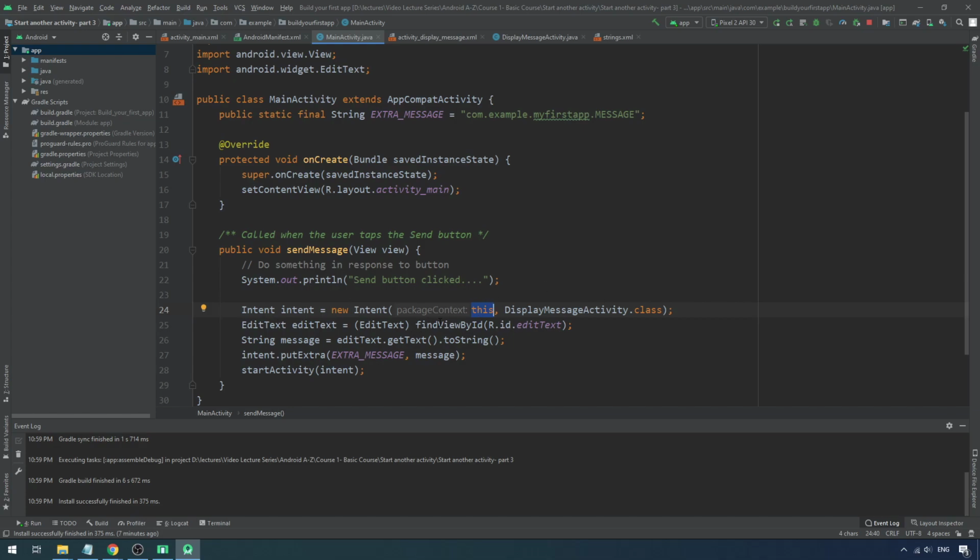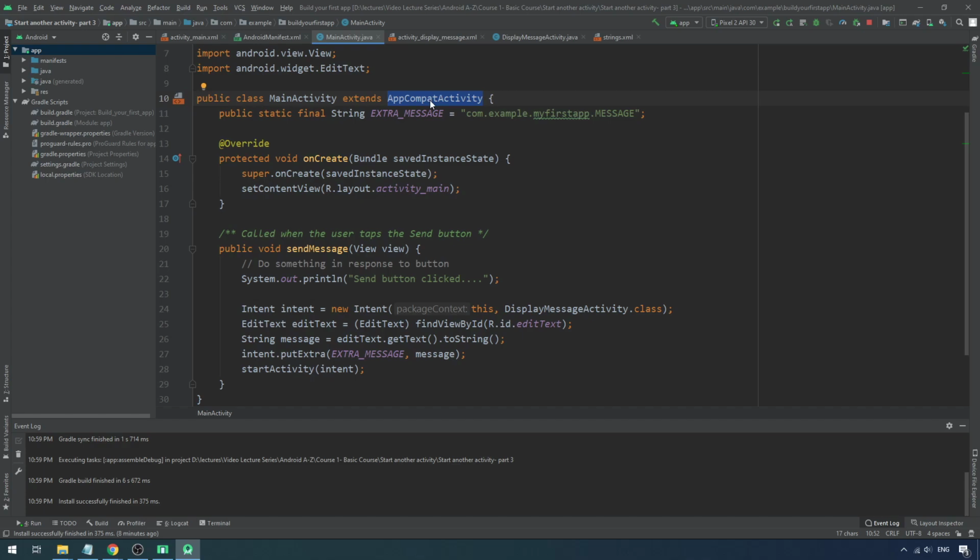So then let's look, what is this findViewById? findViewById is a method. So where does this method come from? Is it from Intent? No. Why? Because I'm not calling it on the Intent object. I'm just calling it. If I'm calling a method without putting an object, it means this method should be in the current class. But in the current class, there's no method called findViewById. Then where does it come from? Then it should come from the parent class, which means findViewById will be coming from the parent class AppCompatActivity.